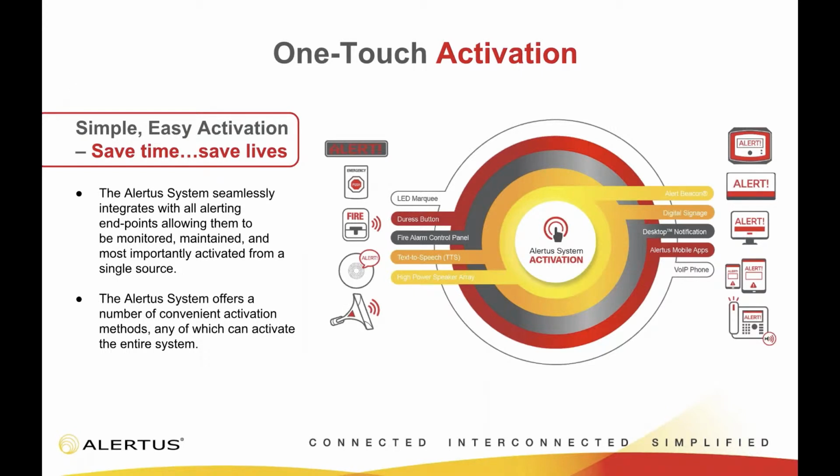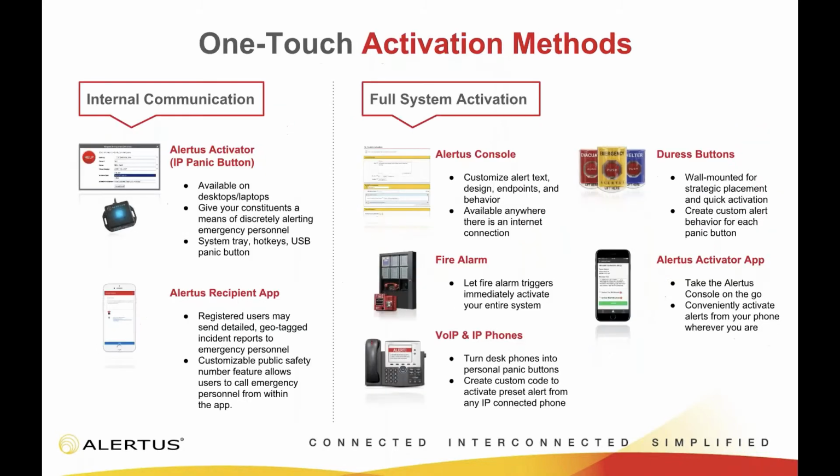So to kind of wrap things up, the last couple slides here, what we want to discuss is the activation options and some of the ways that we're alerting our facilities, indoors and outdoors. I've kind of mentioned this at the beginning and throughout the presentation. The activation options that we have are awesome, but we want to make sure that the main focus is a single point of activation. When an emergency happens, you don't want to have to scramble around your campsite or your facilities to notify everybody. You want to be able to do so with a single click of a button. And we'll show you those options here in the next slide. But again, the main focus, trying to get that activation out from one single point of activation.